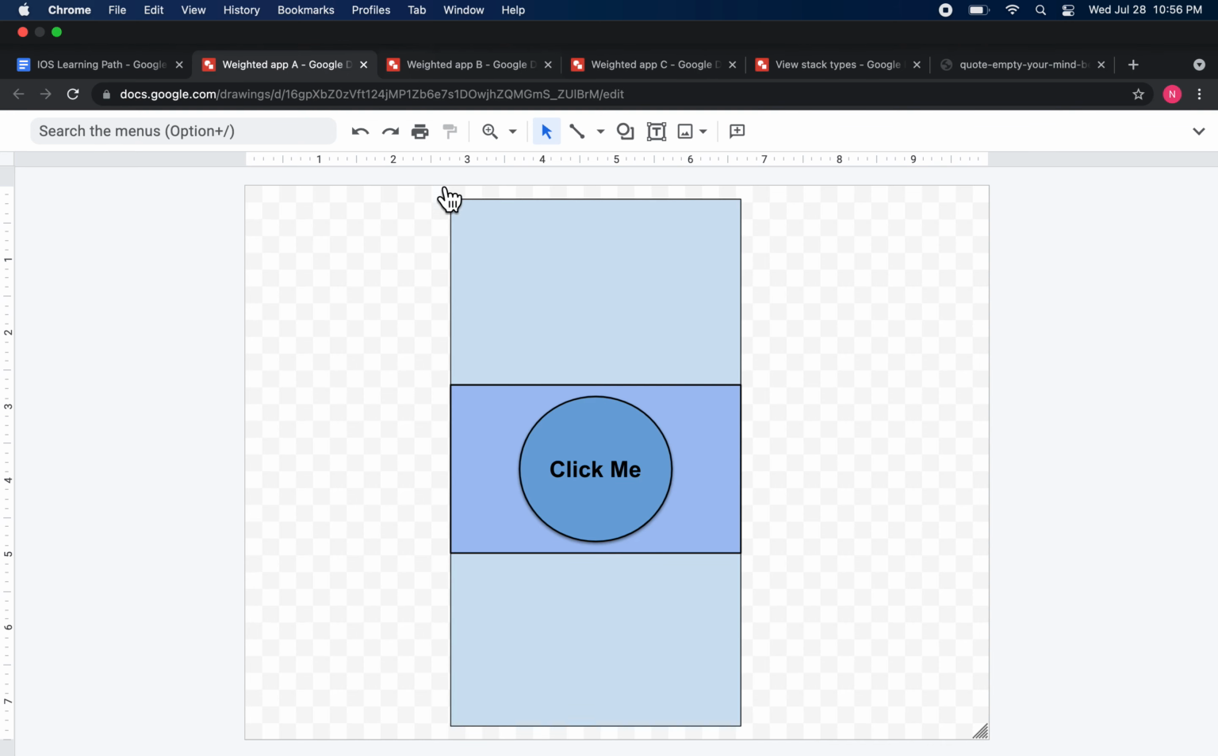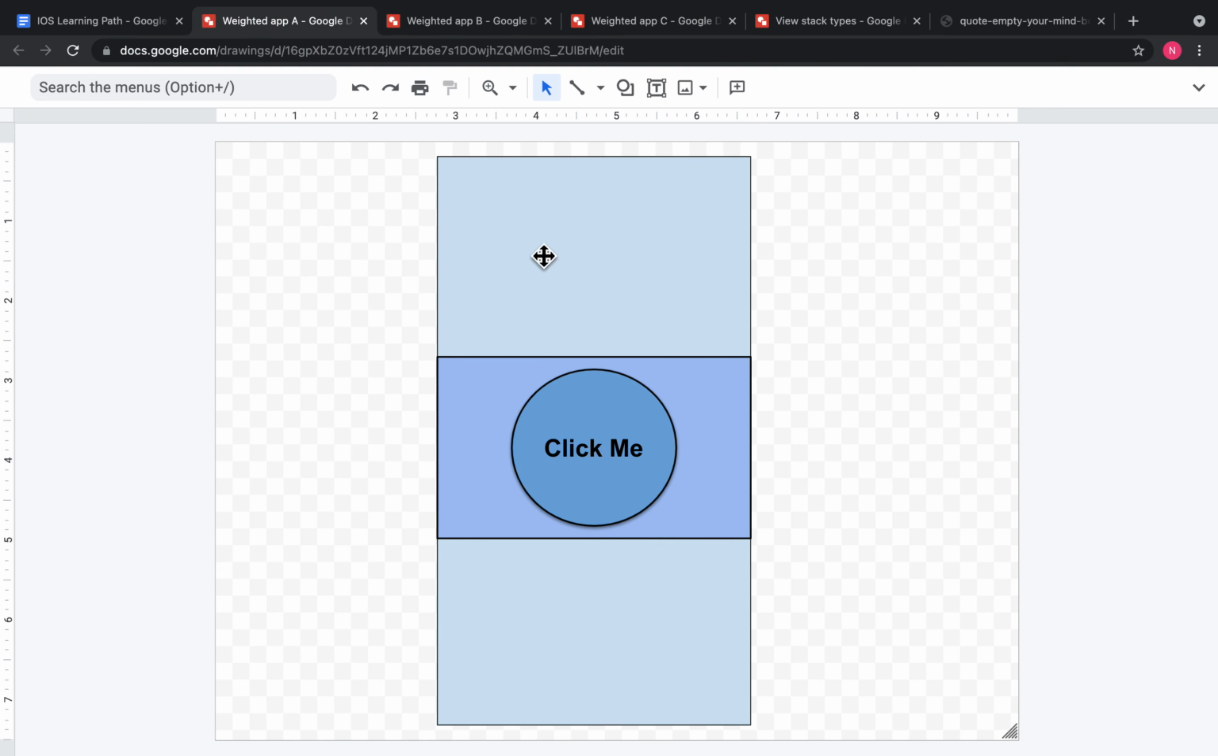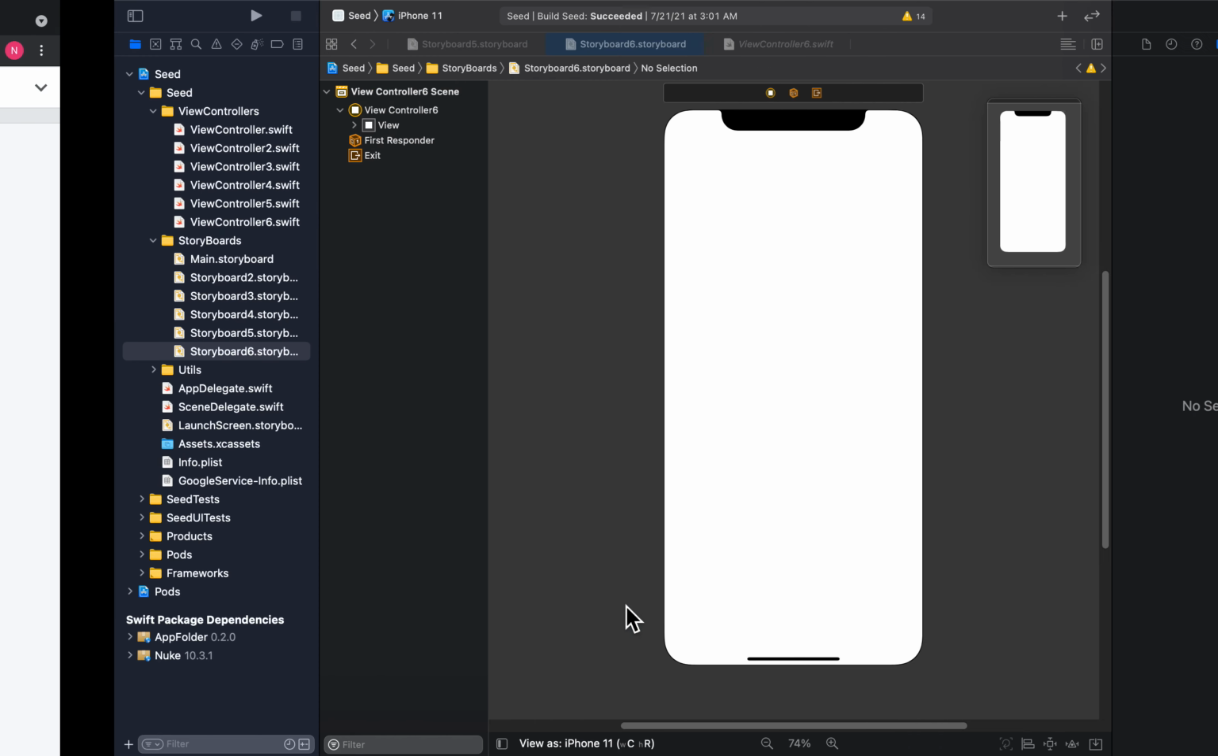The first one is this simple app. So we have our main screen, and then at the center we have a button, and this is pretty much blank space next to it. So blank space, a button, and a blank space. All right. So the first thing we're going to do is